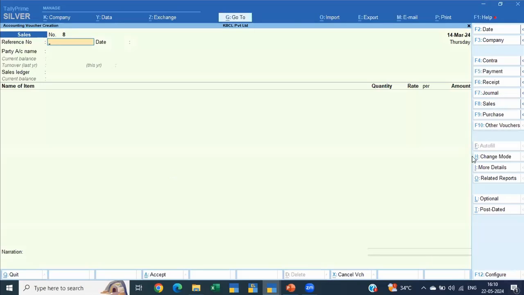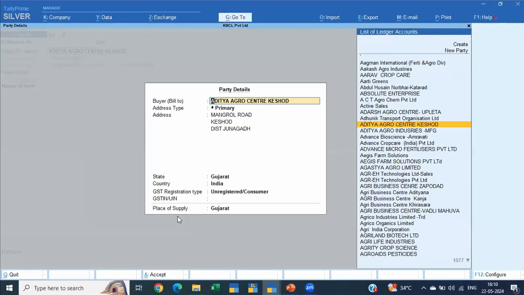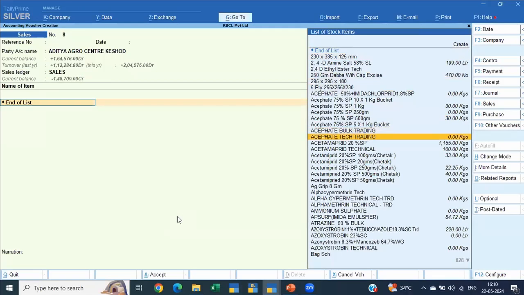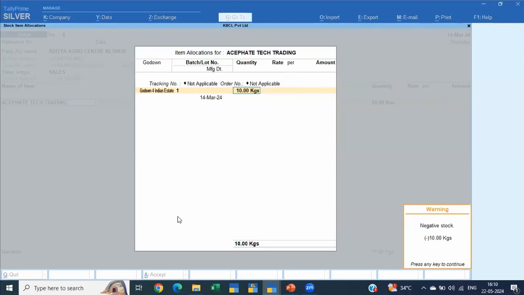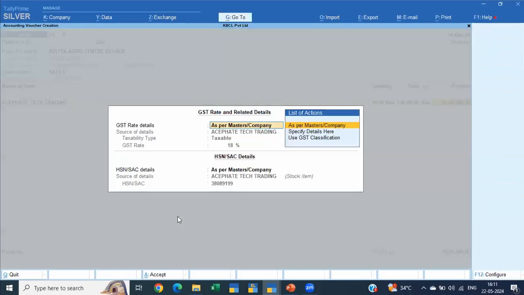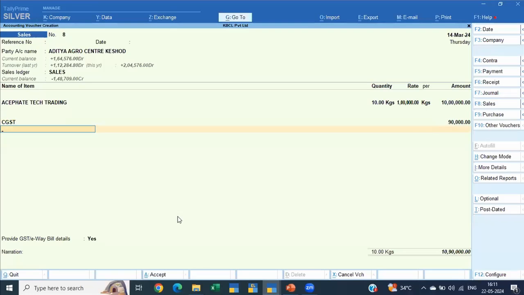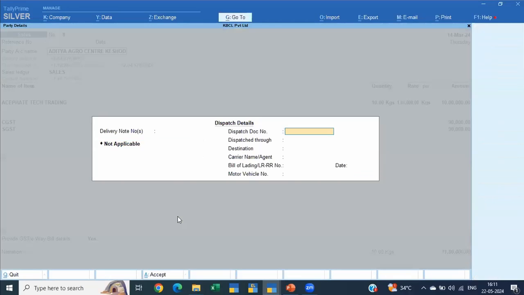This particular place where there was a box which was created in the end. Okay, this is a Gujarat party.